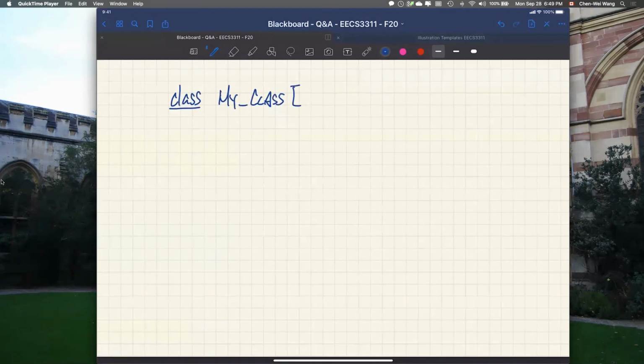Something you saw in your lab number 1 is about comparable. So I might say I simply got G over here and then dash greater than, right? We didn't ask you to write this, but that's something you can definitely think about later when you have to design your own classes. If I say comparable,